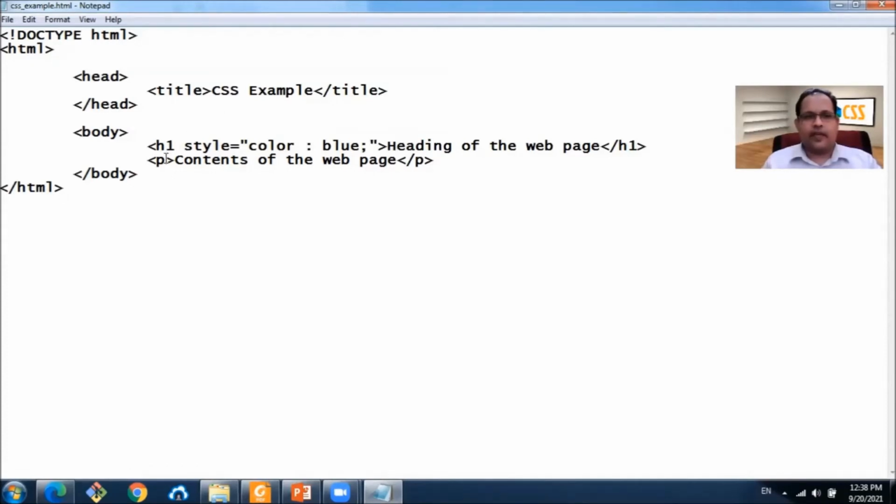For this paragraph tag, I'm applying the color red. And let's change the content inside this paragraph to red colored texts.